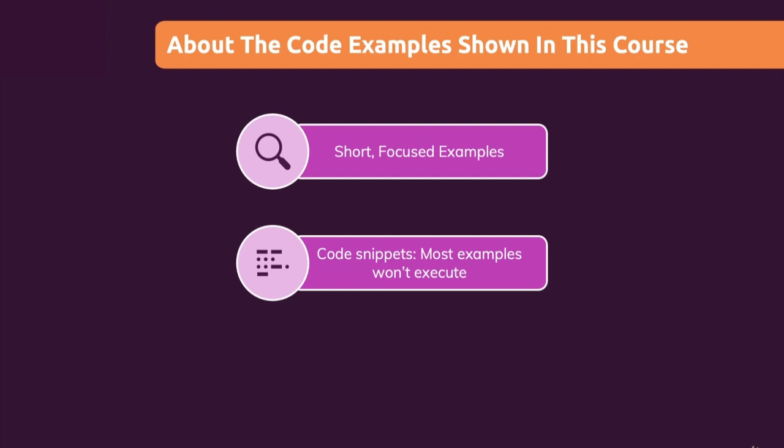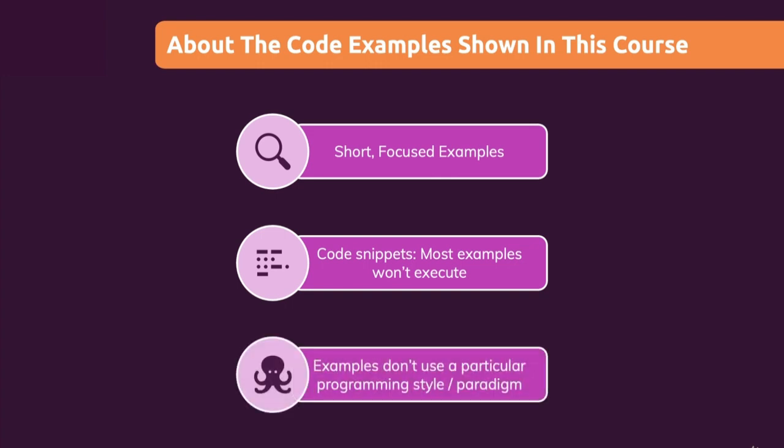So most of the examples are just small snippets taken from a bigger fictional project, so you won't be able to run them. And I just want to make this clear so that there is no confusion. I will still show you valid code and all of that. It's just taken out of a bigger project, taken out of context. And I want to make that clear and obvious so that you are not confused why this code does not execute. The examples also don't use a particular programming style or follow a specific paradigm.